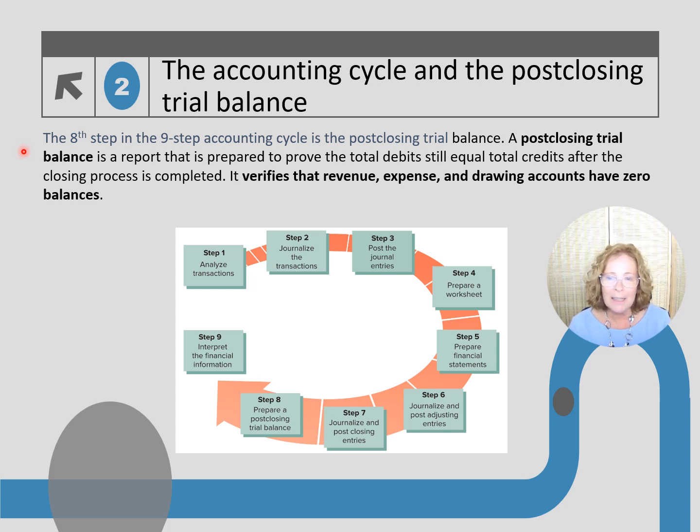It might seem like an unnecessary step, but you've probably come to realize how easy it is to make a mistake. Accounting is all about checks and balances. So this is just an extra checkpoint to ensure that we're still balancing and that all temporary accounts have a zero balance. If the post-closing trial balance does not balance, the accounting records contain errors. That means we'll have to find the last point where your trial balance balanced and work forward to identify where you made an error.